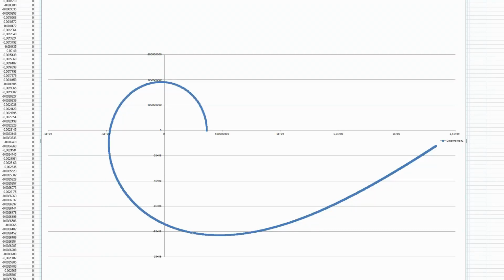This is a model of the Moon's orbit in 4 dimensions. Notice something? Hello everyone, and today I'm going to talk about the physics of orbital mechanics in more or fewer than 3